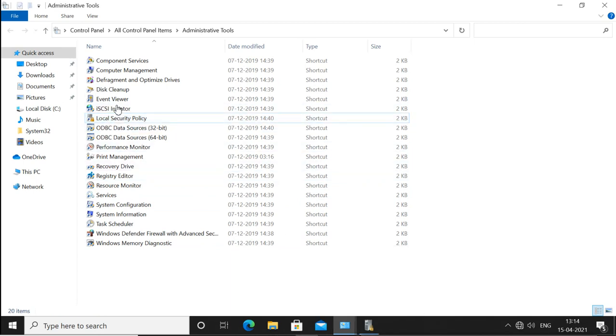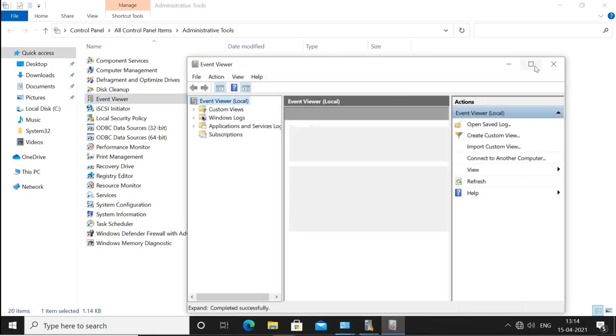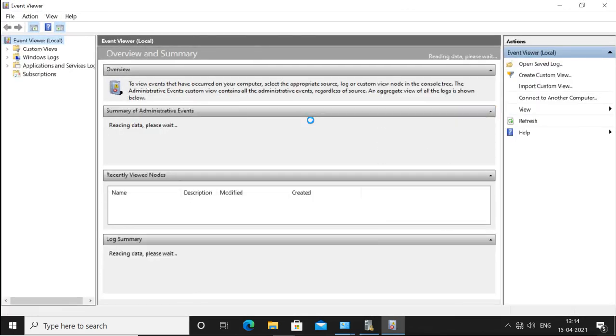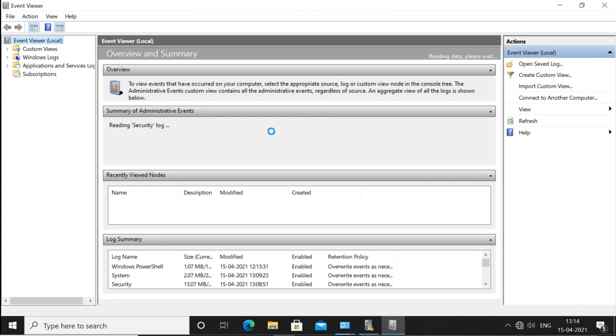This is Event Viewer. This Event Viewer is very important for doing troubleshooting, because anything that happens in your system will be logged here. So when you go to Event Viewer, you will see different things. Whatever happens in your system is going to be logged, and by checking those logs, you can do troubleshooting. If your system is not working properly, or if you are having any problem, you can come to this Event Viewer and check the logs related to the application, the system, or the services.